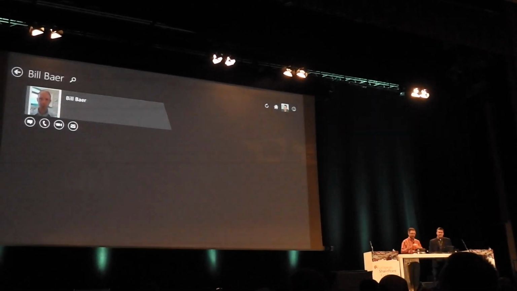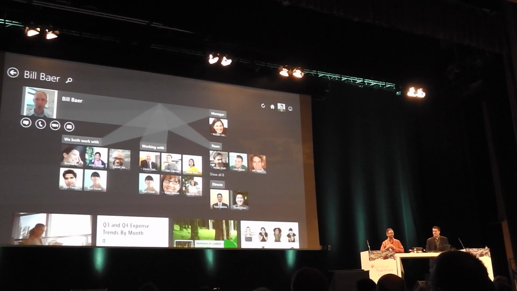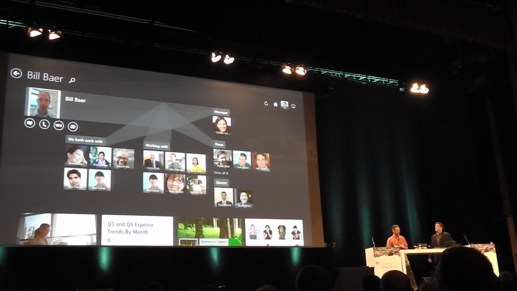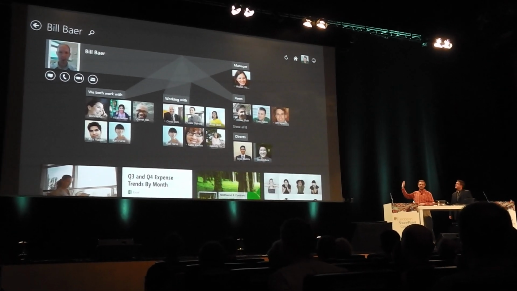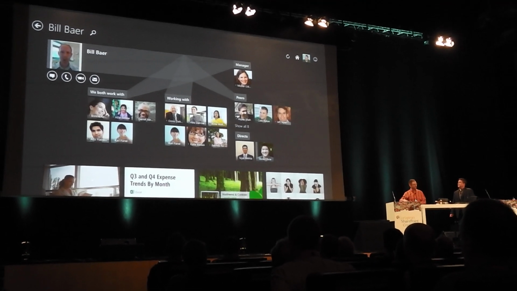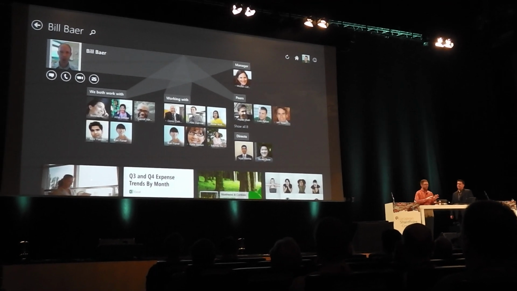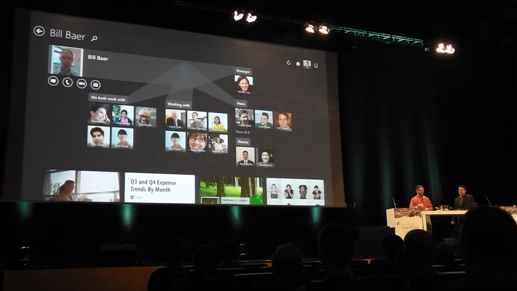So there's a people slant always to everything with Office 365, Oslo, and really the Office Graph is just fed all over it. So Bill here on your right-hand side, you'll see this is his hierarchical view of who he reports to, who his peers are, and anybody that reports to him. But the real value you start to see is who we both work with, that's on your left, and who we're